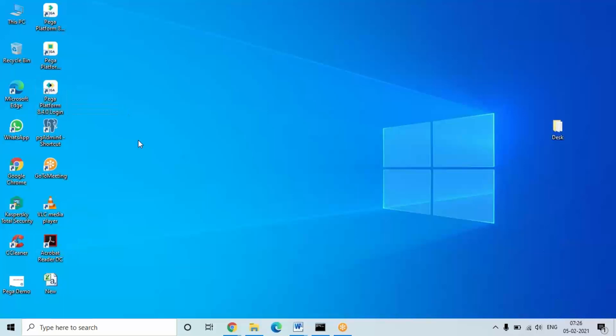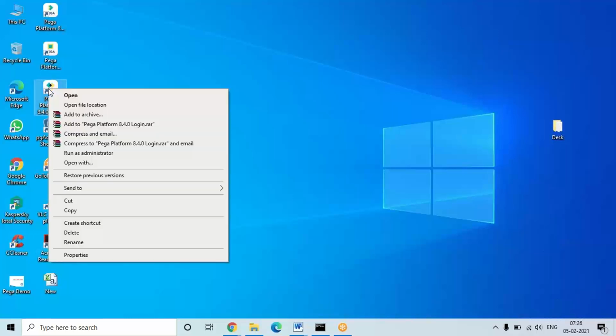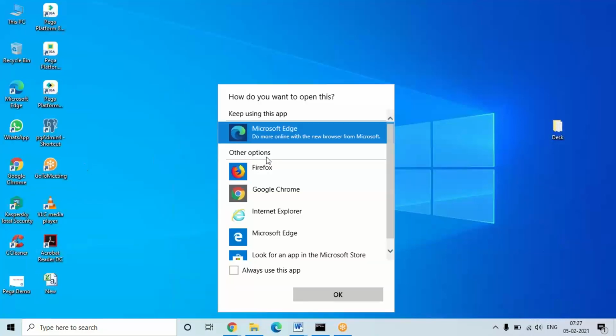Another thing is, in your system, if you want to set any browser as the default, maybe Chrome is the default in your system. Actually, Microsoft Edge will be faster for using this Pega application. If you want to set a browser as the default, as a one-time setting, right click on this and choose open with. It shows the list of browsers in your system. In my system, I'm using the latest version of Microsoft Edge.